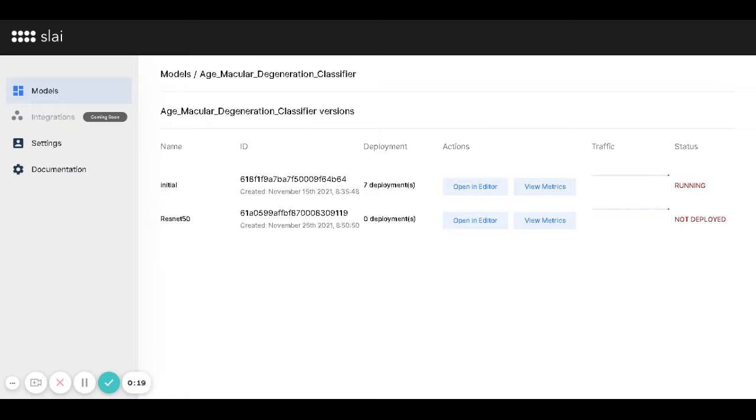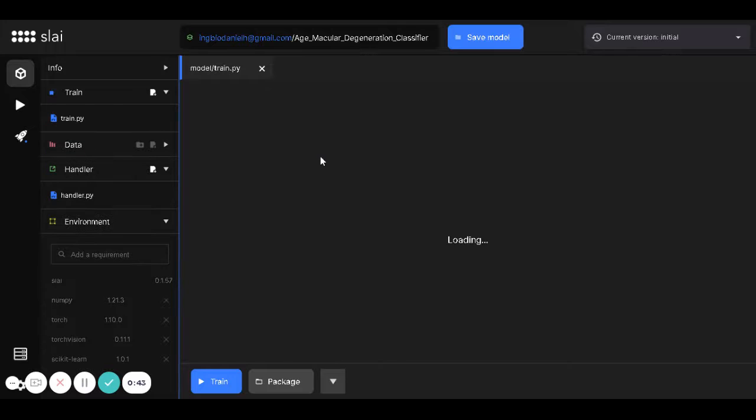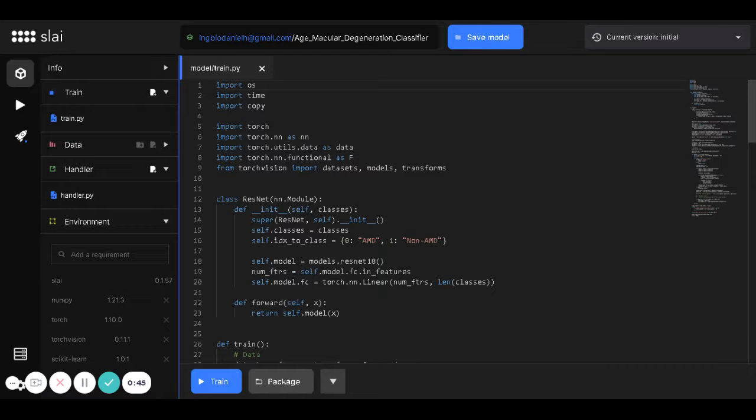What you can see here are the different versions of our model. You can actually make different versions and test different models or different data and do some quick experimentation. You can see the status of your model, and we're going to open our editor. Show you how really easy it is to go from training your data, test it, deploy it, and integrate it